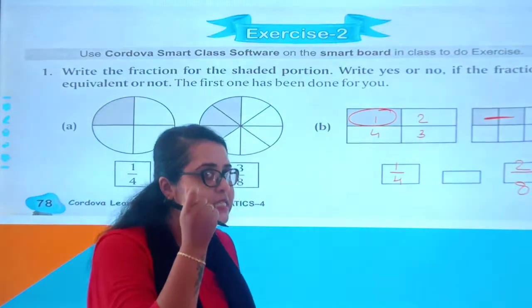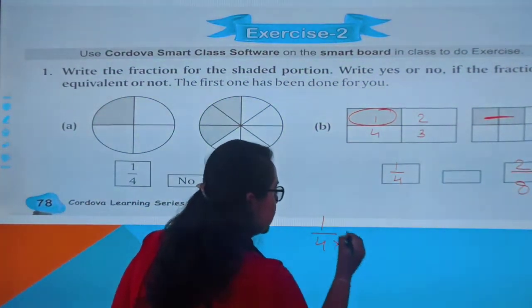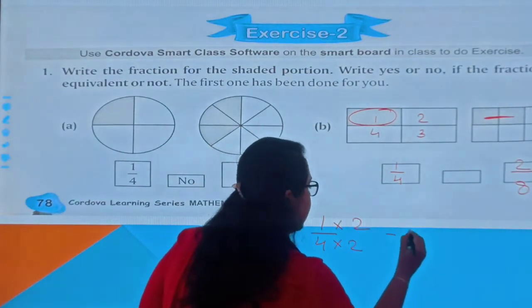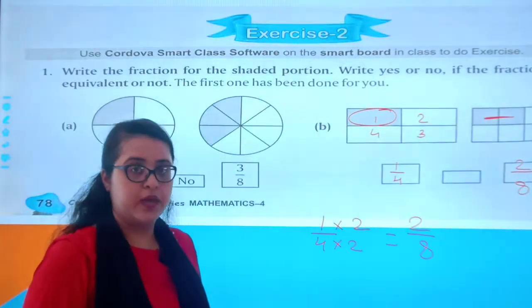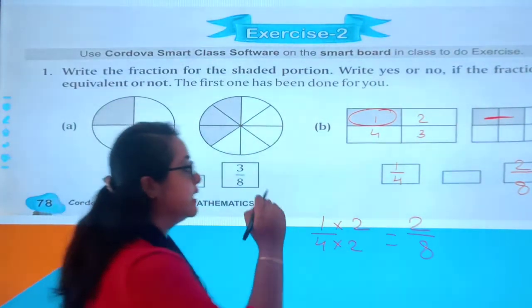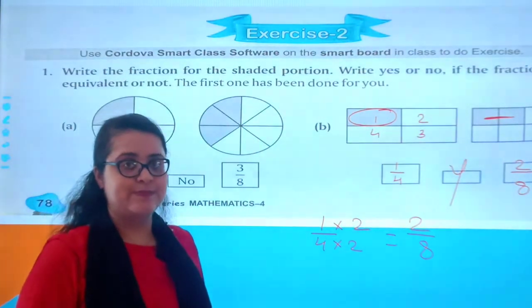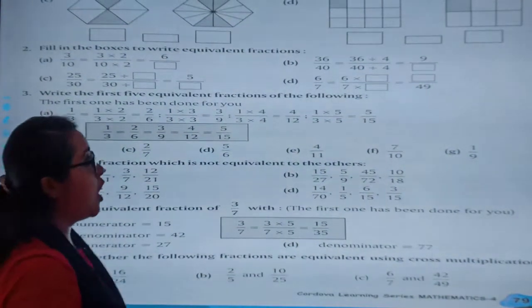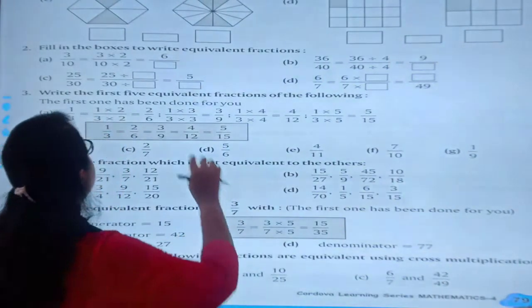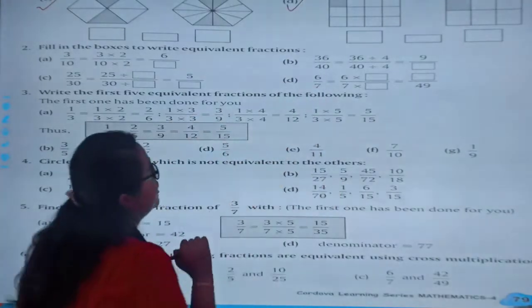आप थोड़ा सा गेस करेंगे तो अगर मैं 1/4 को मैं 2 से मल्टीप्लाई करती हूँ न्यूमरेटर और डिनोमिनेटर में, I will be getting the same answer 2/8. Okay, so I can say that they both are equivalent, so I will use yes for it. So easy, right? So let's move further. So students, now C and D you will be solving as a part of your worksheet.